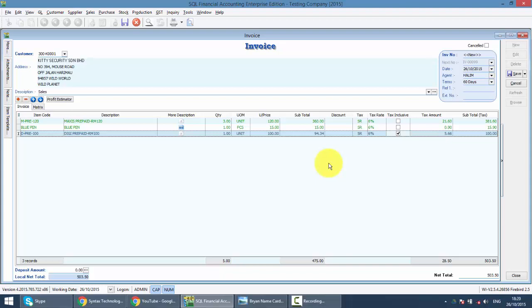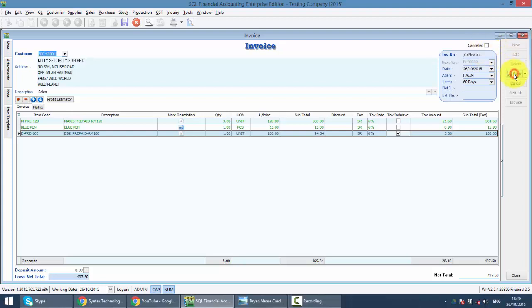There's only one thing I wish you to remember: for the invoice number, do make sure that it runs continuously. You should not have a scenario like I have invoice 1, 2, 3, then 6, 4, 5, and you cancel and throw away. You should not have that. If you want to do that, what you need to do is just simply click on the cancel button, or you can create an invoice and later on issue a credit note to knock off the invoice.